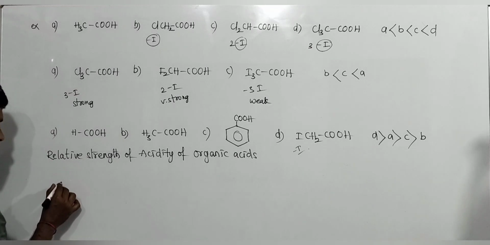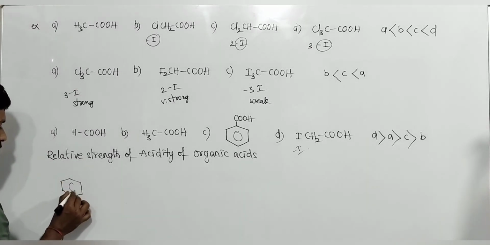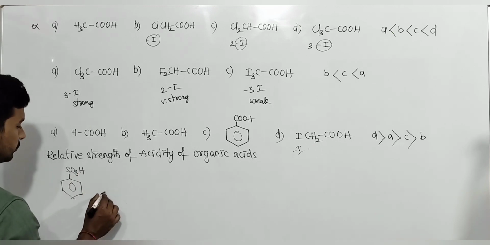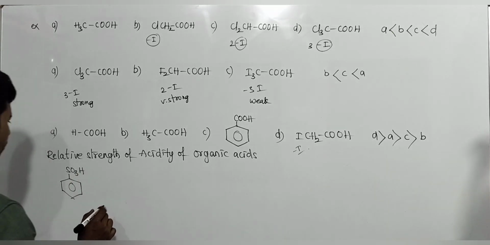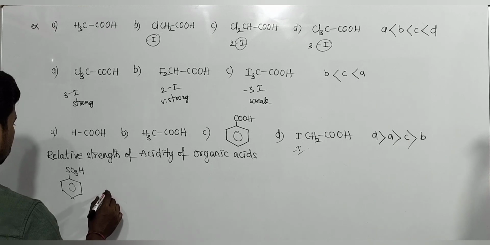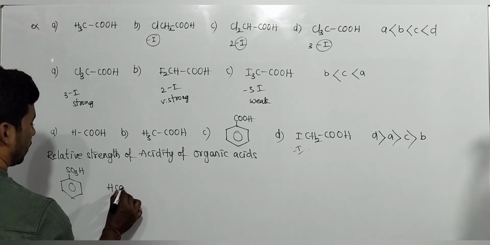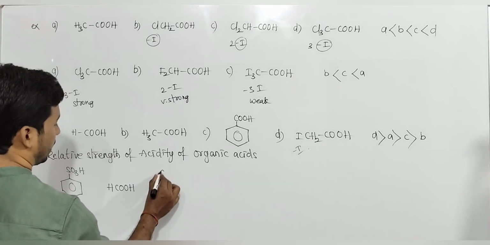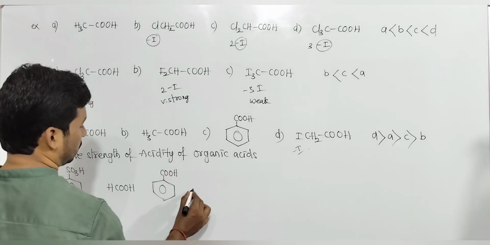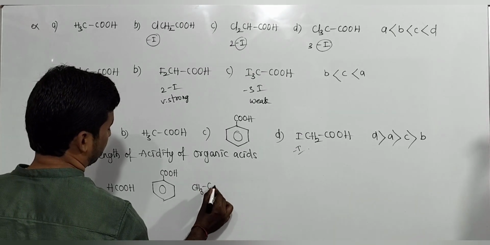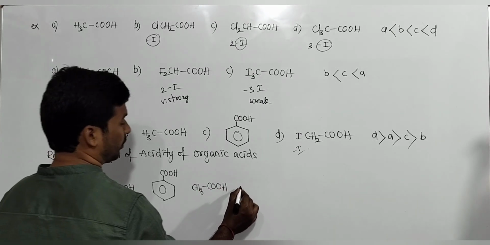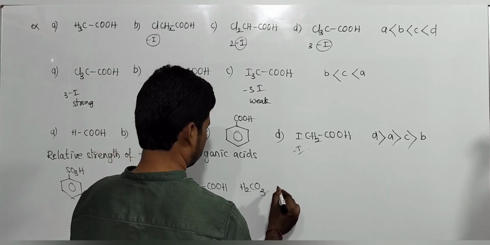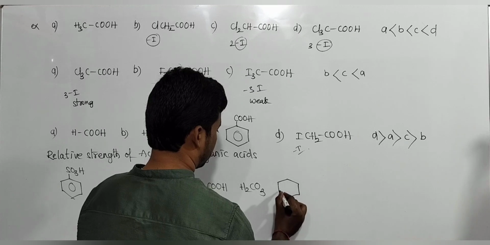Among organic acids, benzene sulfonic acid is a stronger acid than formic acid, which is stronger than benzoic acid, which is stronger than acetic acid, which is stronger than carbonic acid, H2CO3, which is stronger than what? Phenol, which is stronger than